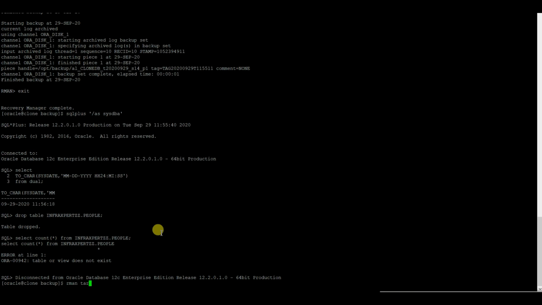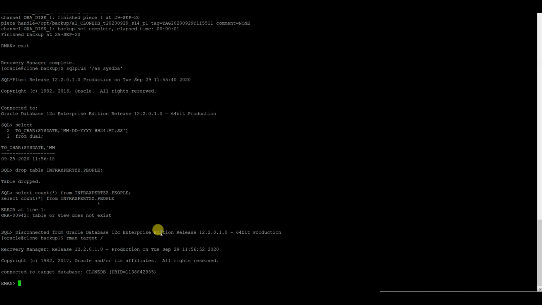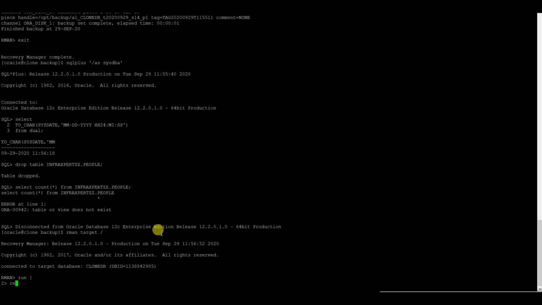So how will I do it? Let us go to RMAN again and run this block. In here, recover table, and I need to give the table name, which is this. And since this is a point in time recovery, I need to give the time. The time is this.